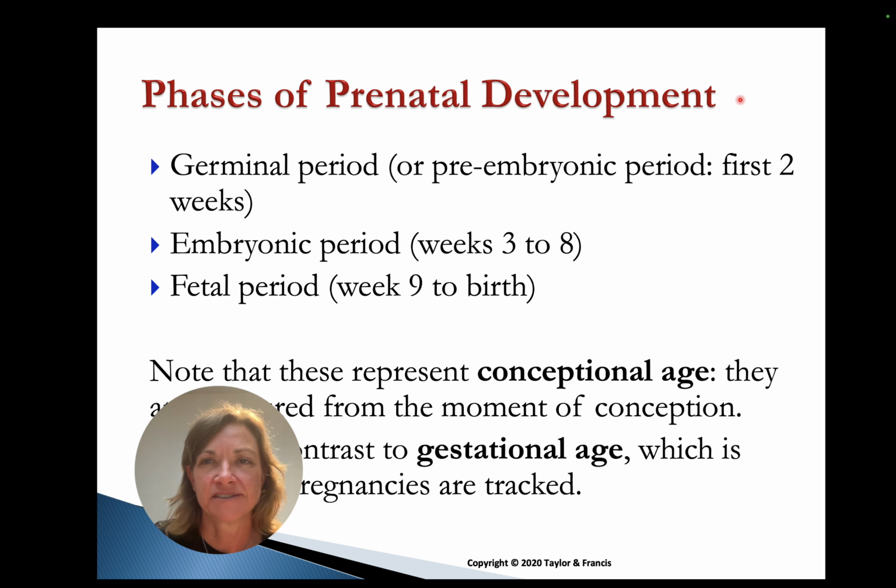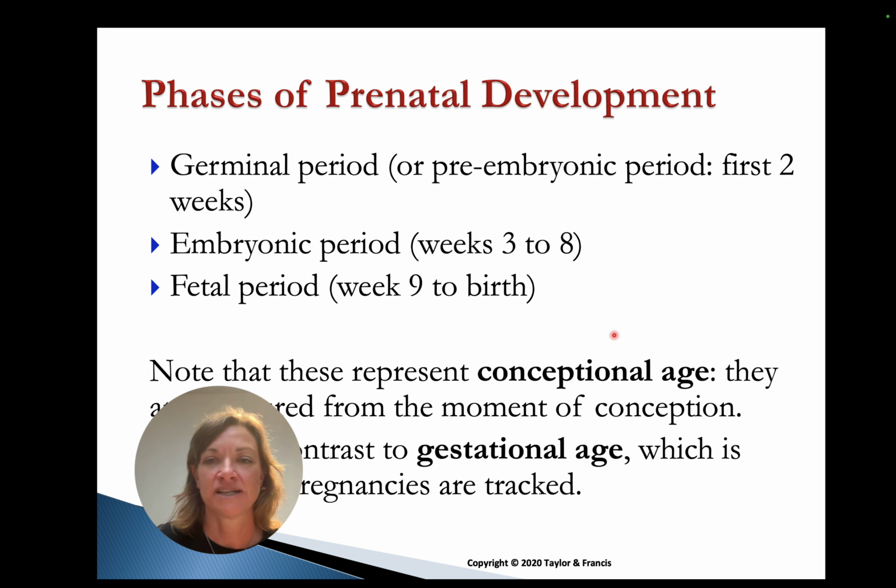Now, when we talk about prenatal development, we divide it into three big phases. So first we have the germinal period, or the pre-embryonic period. This is the first 2 weeks of prenatal development. Then we have the embryonic period, which is the start of week 3 to the end of week 8, so weeks 3 to 8. And the fetal period, which is week 9 to birth. And so you can see the germinal period is the shortest, then the embryonic period, and we spend most of our time prenatally as a fetus. But what we'll see is really critical events happen in the first 8 weeks.